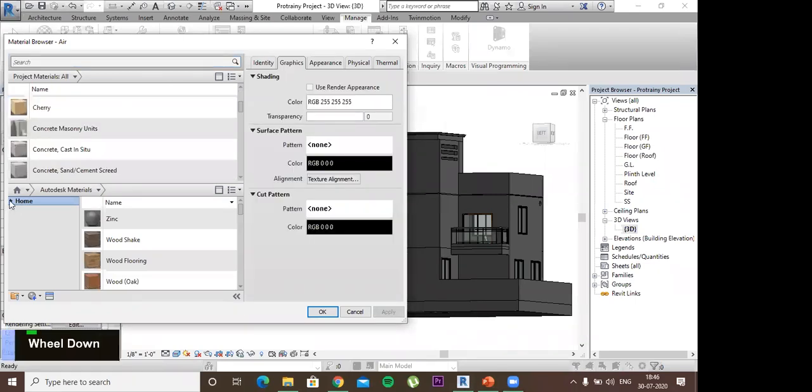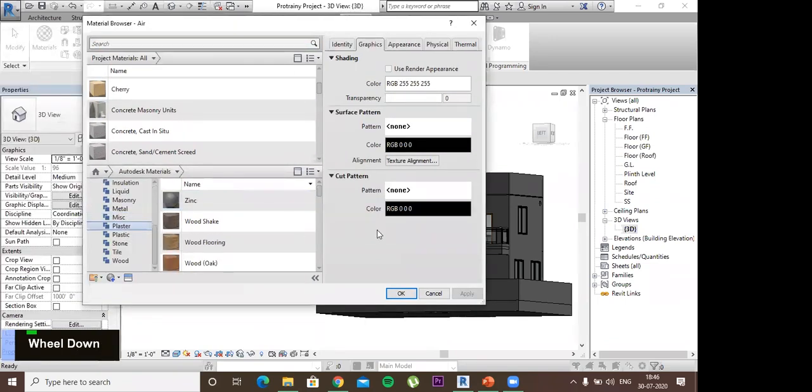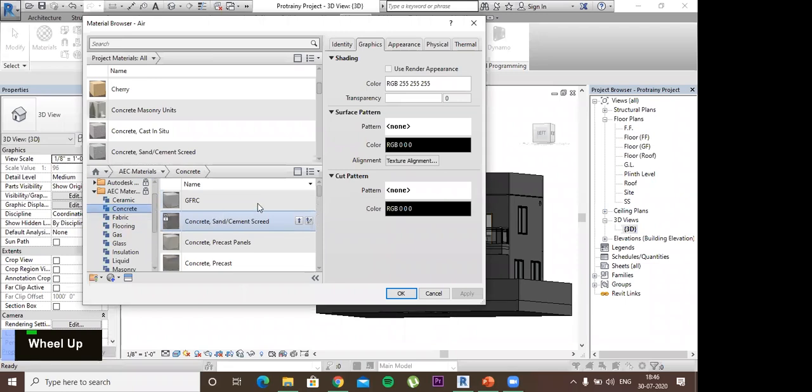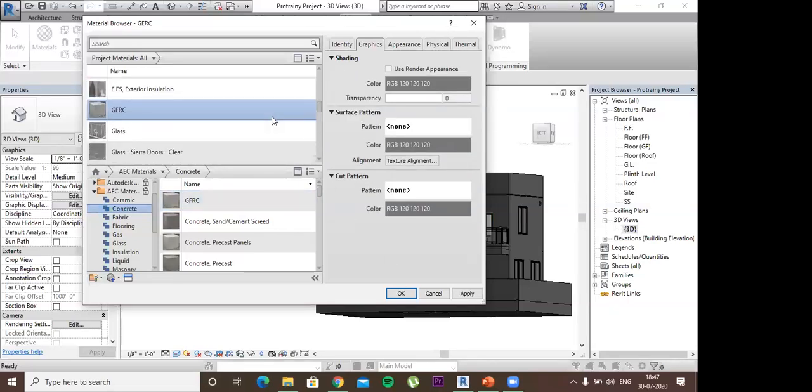Here, when you will drop down this home, you will get Autodesk materials and AEC materials. Okay. For example, I want to apply a type of concrete here. Suppose GFRC. Okay. So I'll upload it in this project materials, click OK.